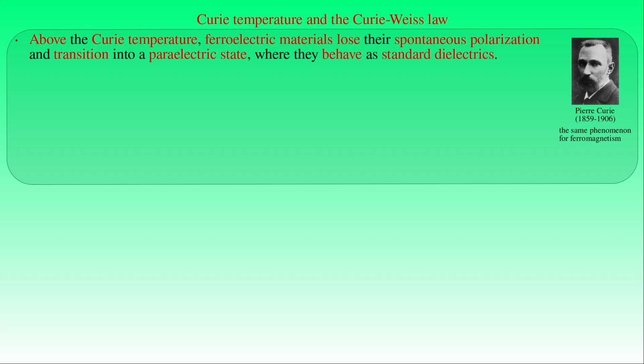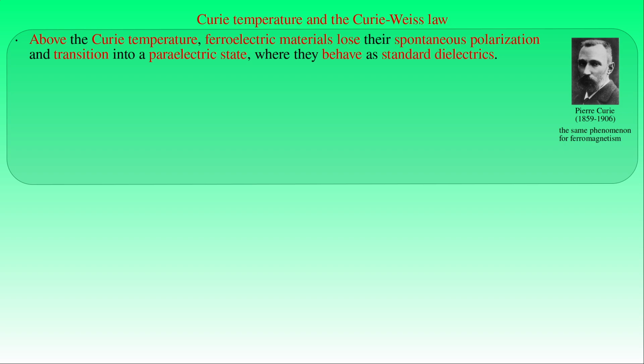Rochelle salt, the oldest known ferroelectric material, exhibits two Curie points, upper and lower critical temperatures at -18 Celsius and 24 Celsius, and only acts as a ferroelectric material within the temperature range between them. The Curie temperature of pure barium titanate, one of the frequently applied ferroelectric materials, is typically around 120 degrees Celsius to 130 degrees Celsius as seen in the table.